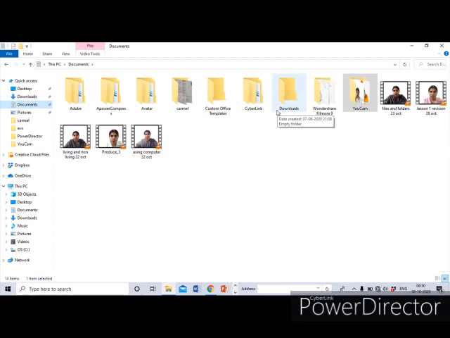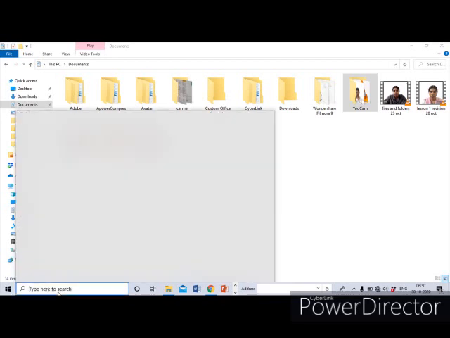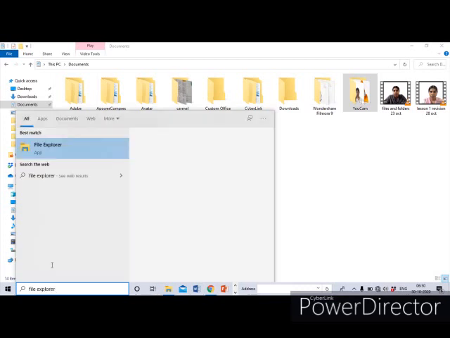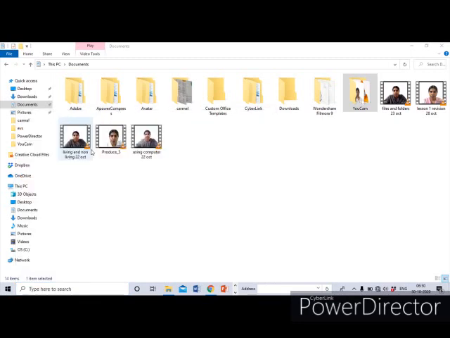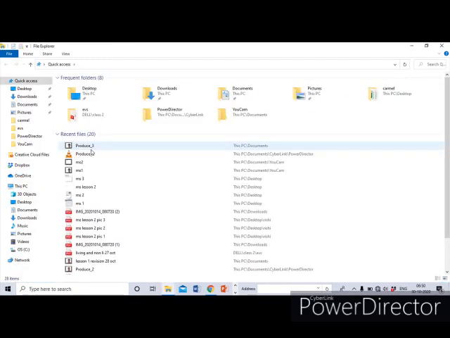Okay, and next we are going to see how we can create a file under a folder. For that, first I have to open File Explorer, because in my computer I have installed Windows 10, so I have to open File Explorer. Windows Explorer is present in this operating system as File Explorer. Okay, when I open File Explorer,